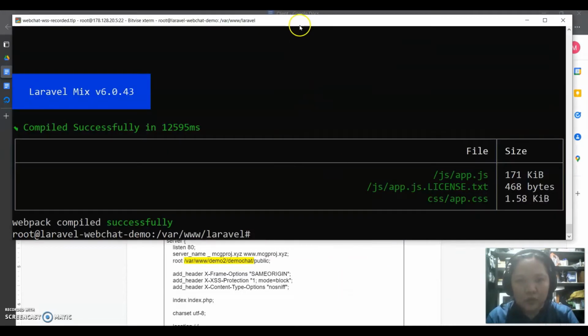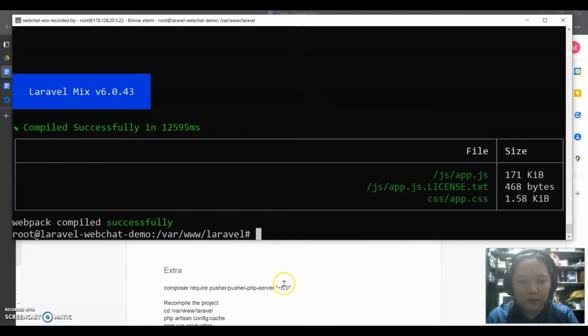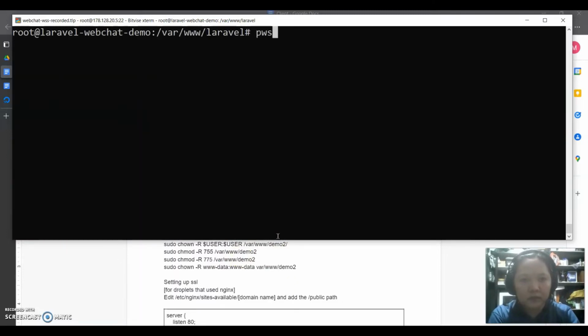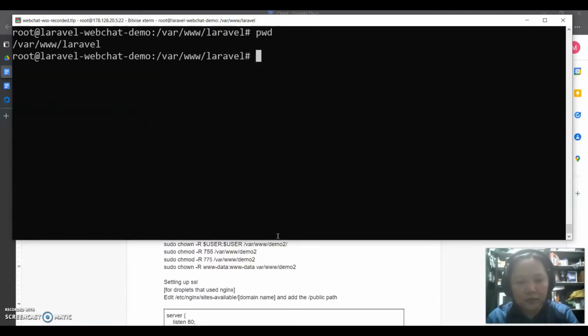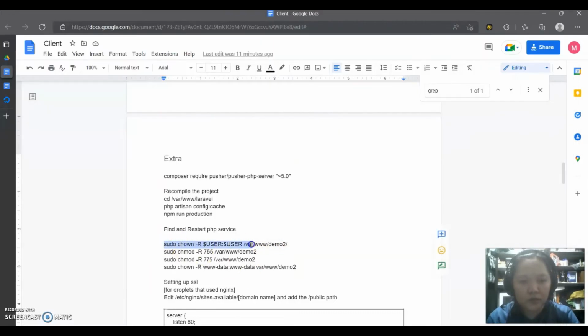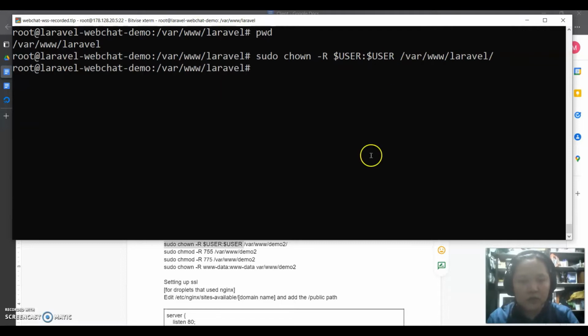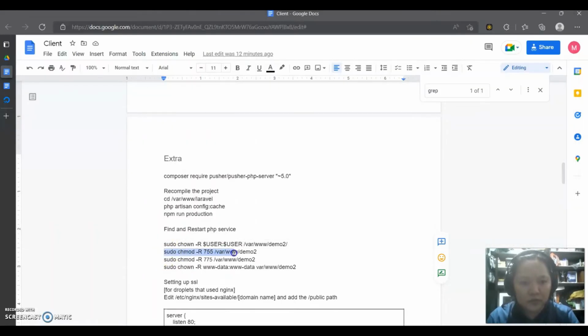So, let's call the guide here and clear. pwd to know where we are. Var www instead of demo2, that will be Laravel. So, okay, and then from here, paste. We will also run